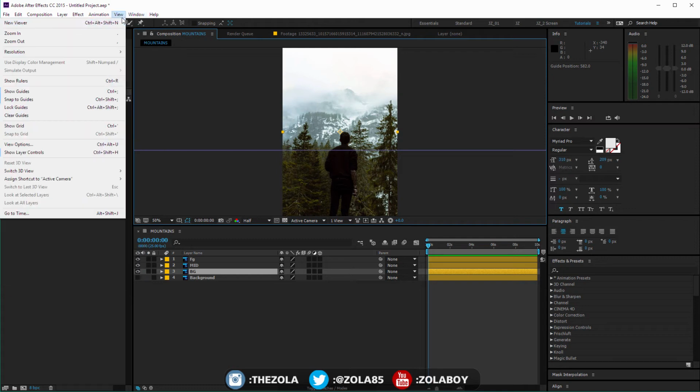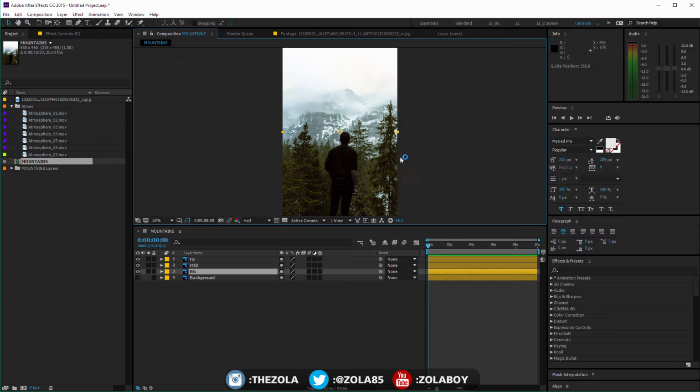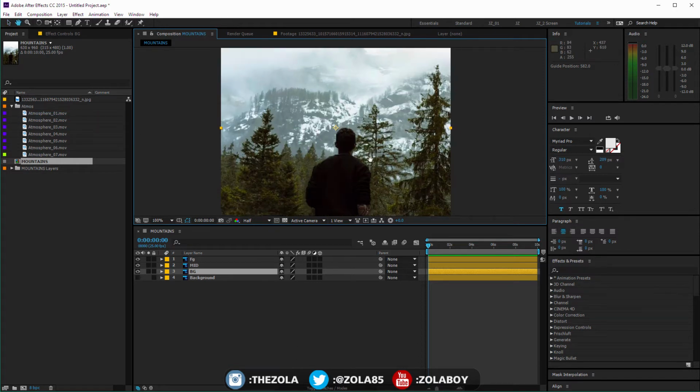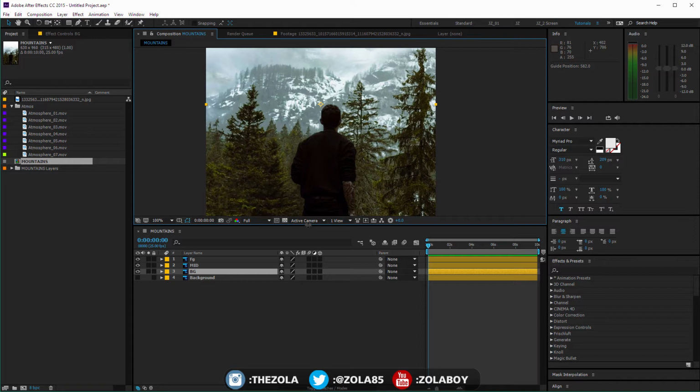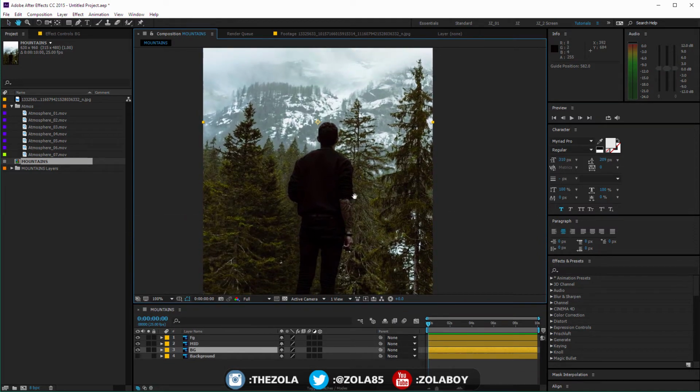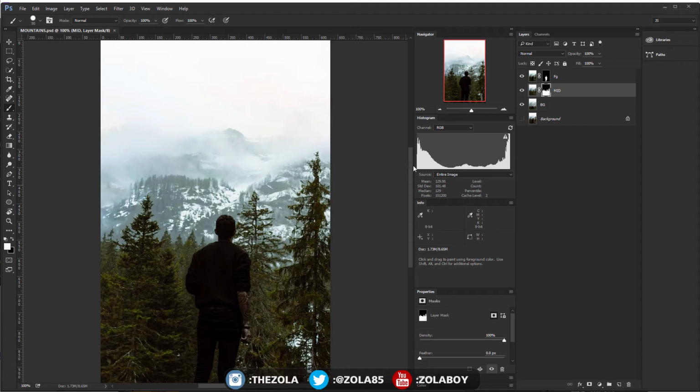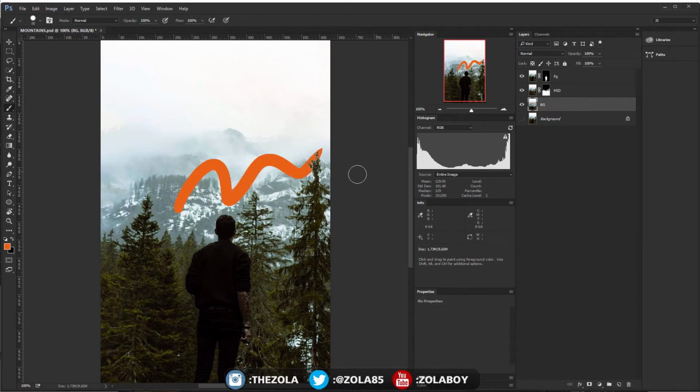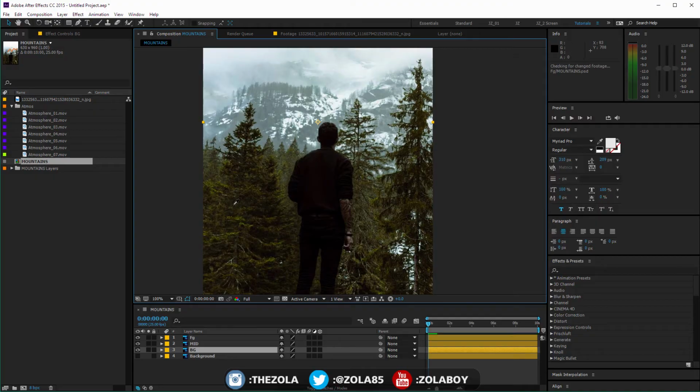So I'm gonna go to View and Clear Guide to get rid of that. But what this means, and I'm going to switch this back to full, is this is the way I like to work with Photoshop files, and this is why I was saying, like, don't kill yourself with work, because if I come into here, into this layer, and let's just say for no reason whatsoever I draw a big orange squiggle in the background here, and I hit save, so Control S and come into here, it's going to update on here.